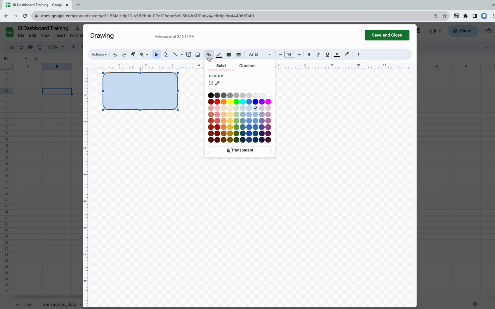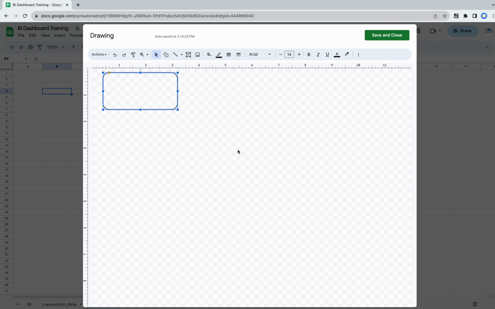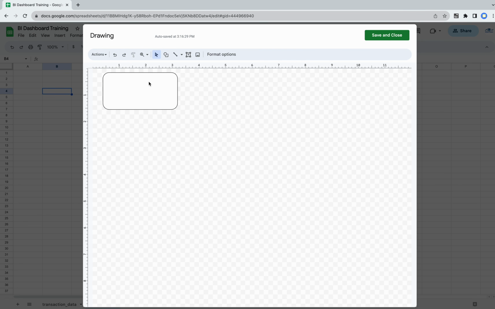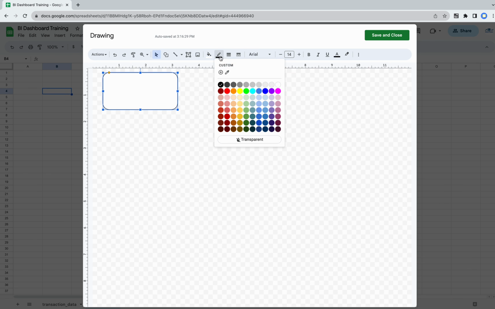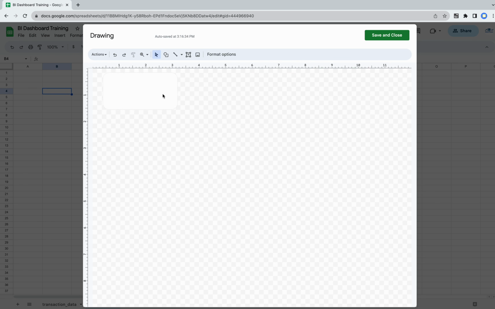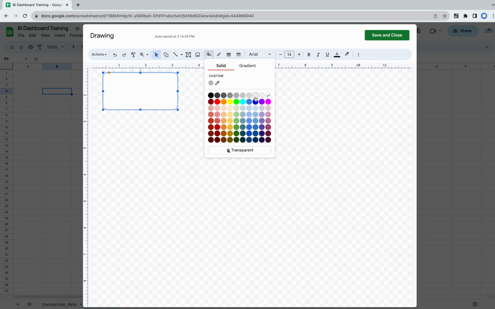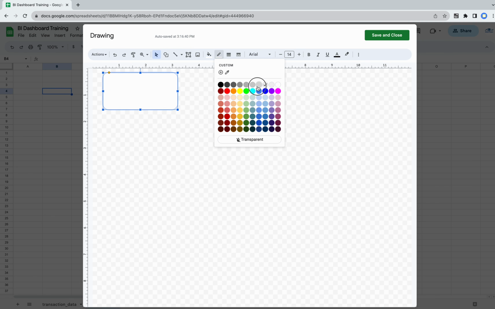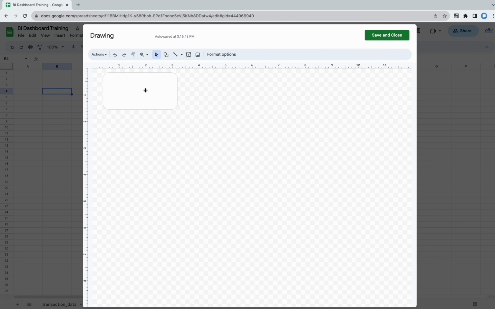We can remove the fill color to make it transparent, or you can use white. For the boundary, we can use the color palette from here, whichever color you prefer. We can also copy this to the second one, and the third one,